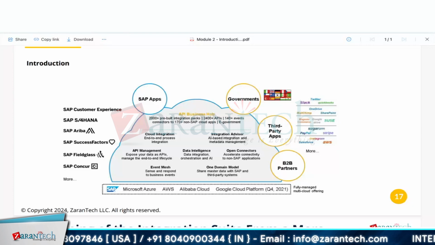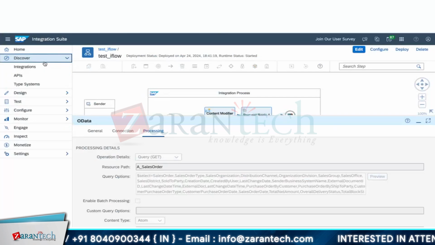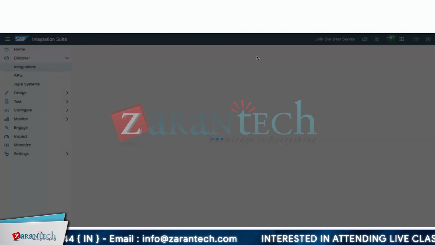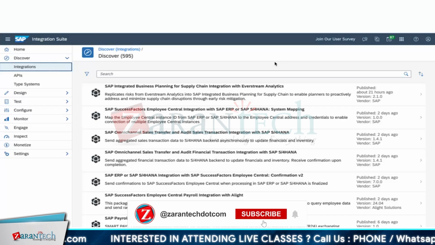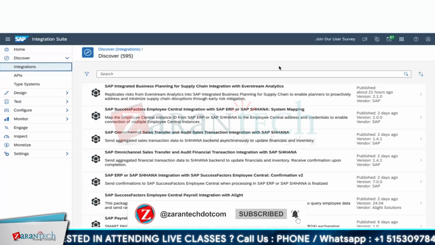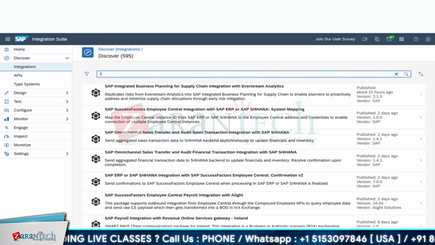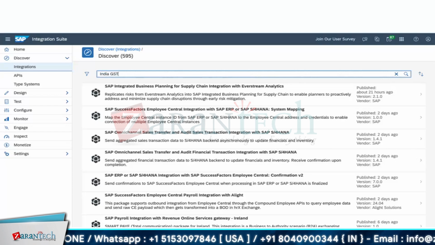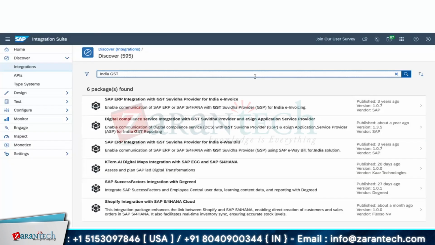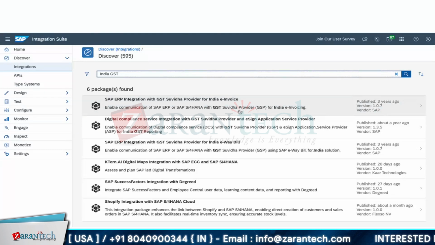You can even see that package. You just type India GST here, and you should see a package for India GST. This package is tightly coupled with the Indian government, and that brings seamless changes whenever India GST terms change.